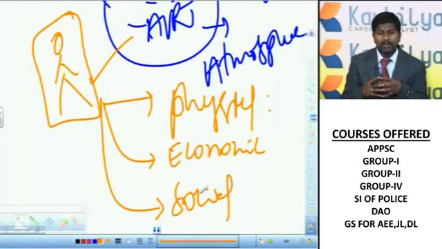Then later we will go to Indian economic geography. There we will discuss the important minerals in India and their distribution, and based on this distribution of minerals, the location of industries and their growth, the different types of industries in India and their distribution. And later we will go to the energy resources in India and different types of energy producing centers like thermal power plants, hydroelectric power plants and nuclear power plants, and the new centers of